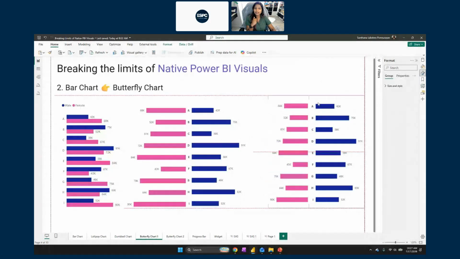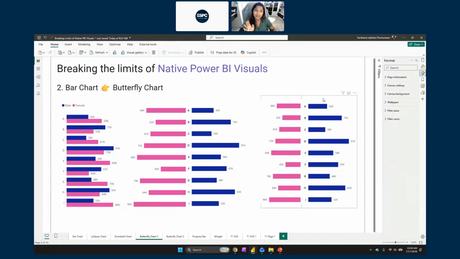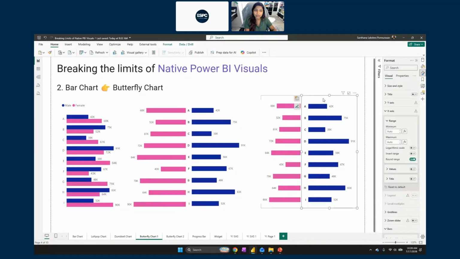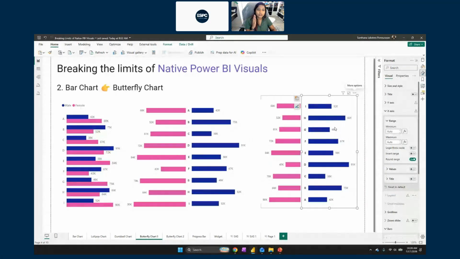Perfect. So what we did right now is took two simple bar charts, one for male sales, one for female sales, inverted one of the visuals, threw both of them together. And one thing to remember whenever you use this is do not sort only one chart. So now, for example, you decide that you want to sort it in a descending order. You see how the other bar chart does not change. So make sure you're very clear with it.